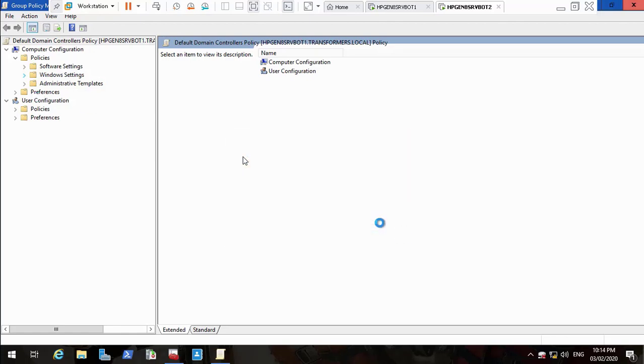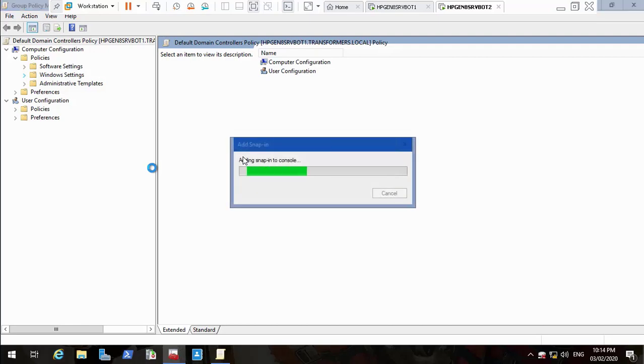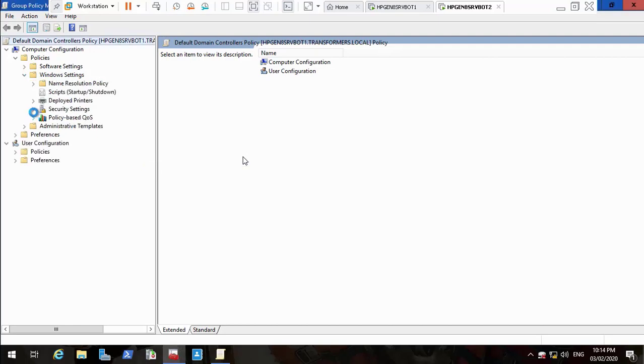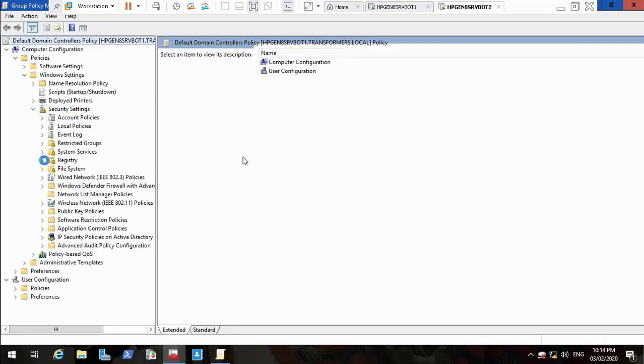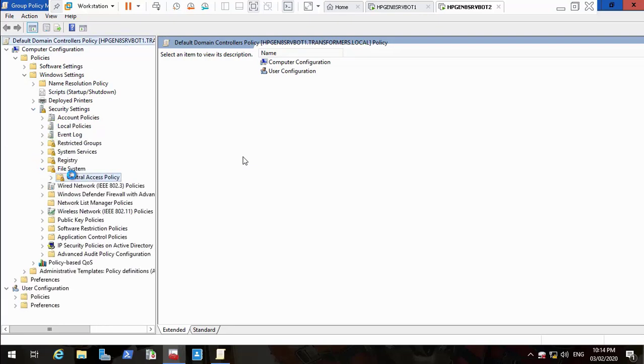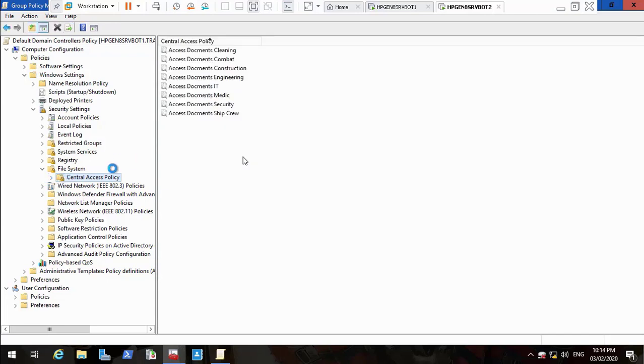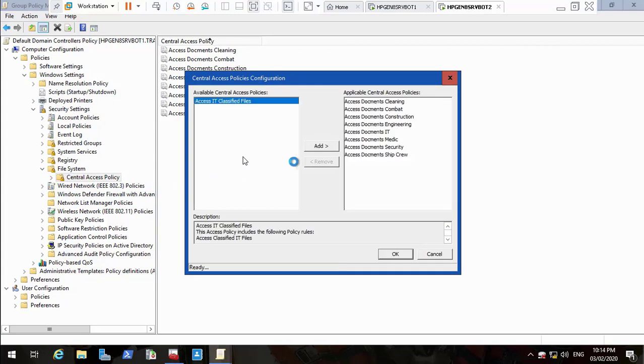You will see now. So here in the file system central access, we will add manage, and then we will add this classified. Okay,